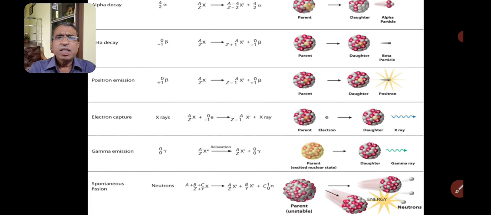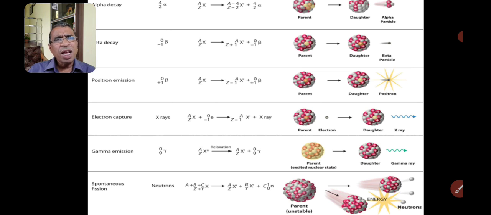Coming lastly to the spontaneous fission. In spontaneous fission, the neutrons are ejected. Let us take an element X. Its mass number will be A plus B plus C, and its atomic number will be Z plus Y. During nuclear fission, it results in a new element X dash, whose atomic number becomes Z and mass number becomes A, and